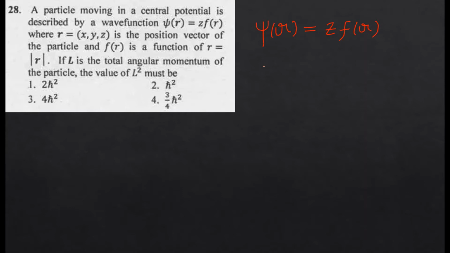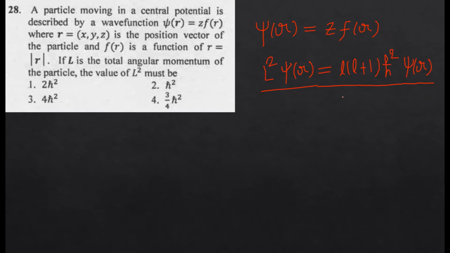So you are asked the value of L square. It means when you operate L square on psi r, what will you get? So the eigenvalue of the L square operator is L into L plus 1 h cut square, and the wave function remains as it is. Okay, so if you know this thing,